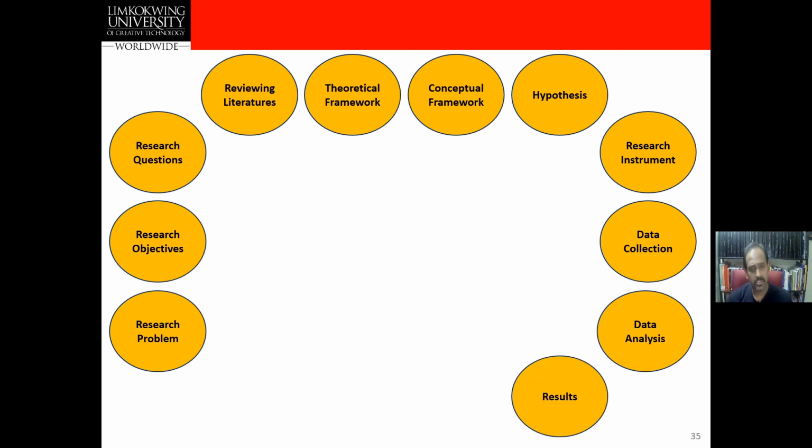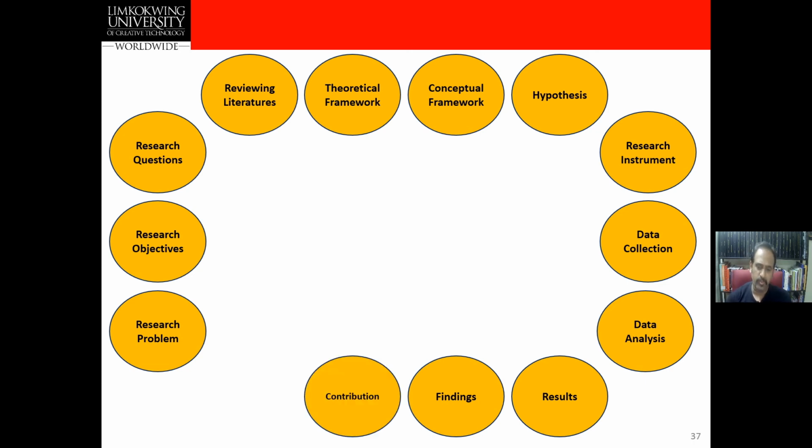Then after analysis, we derive results. Results are basically numerical. For example, your reliability Cronbach's alpha, if it is above 0.6, is accepted. So these are all numerical values we see in results. From results we get our findings. What did you find? A particular variable has a very good reliability factor compared to other constructs. So this is what you find. All findings are synchronized with the results. It is not your recommendation, it is not your contribution, it is only the findings from the results.